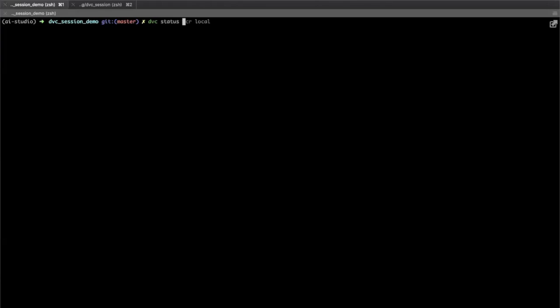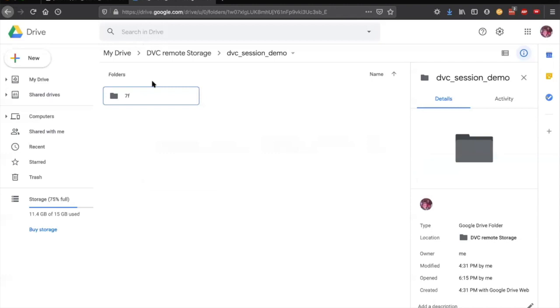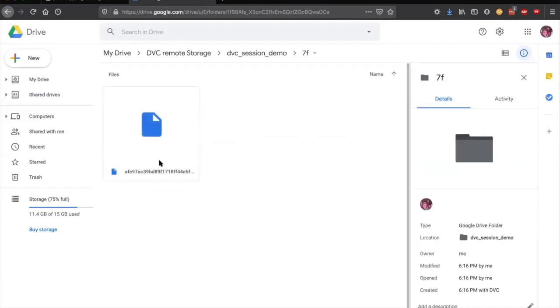You can see status with respect to the Google Drive remote. It checks if the local cache folder and that remote are in sync. It says everything is up to date. So if you open Google Drive, you can see that the 7F folder got created in which there is this iris.csv file.